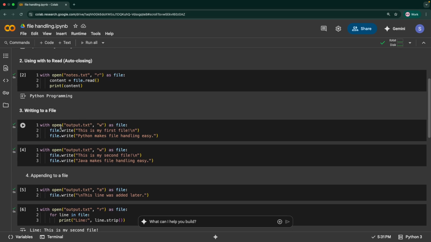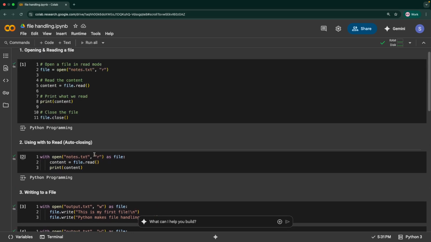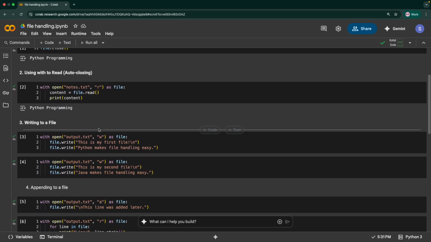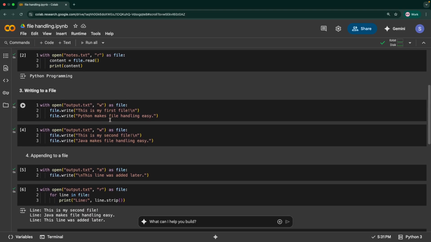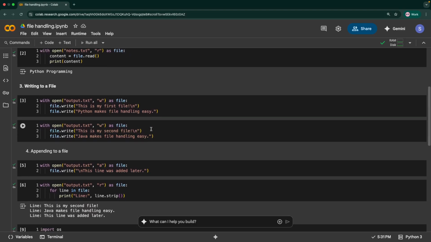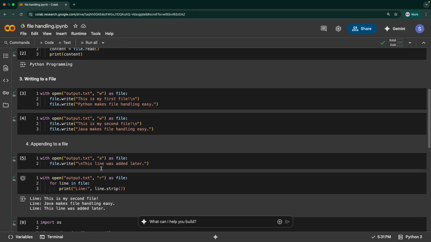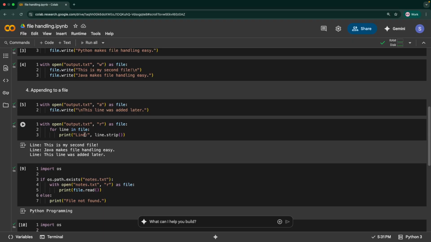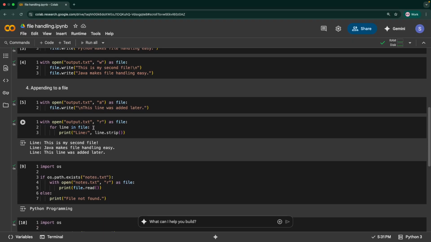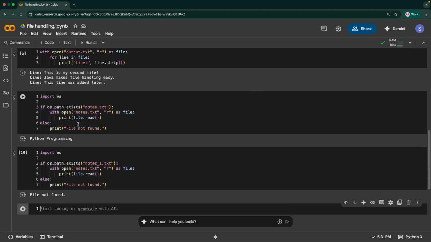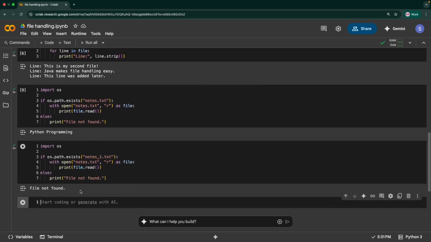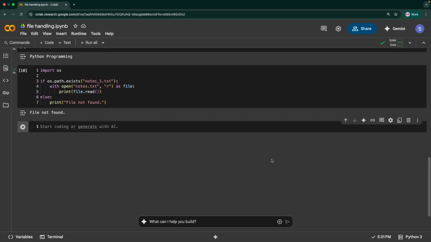And we have seen there's the dot write and the dot read function to read the content of the file or to write new content. And we have also seen that when we use w, it's going to overwrite the content, erase the entire thing and add new lines. But when you open it in append mode, it's going to add new lines to this. And finally we have seen how to print this line by line, and then checking whether a file exists before reading it, so that it doesn't raise any errors. So these are the different basic file operations that we can do.